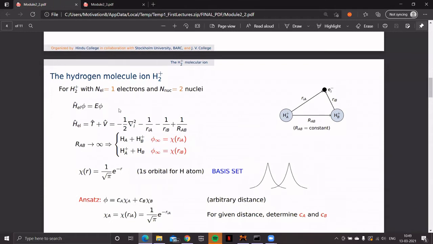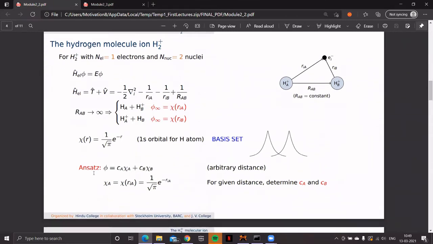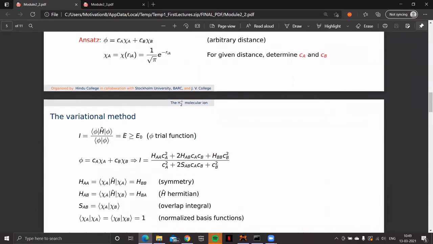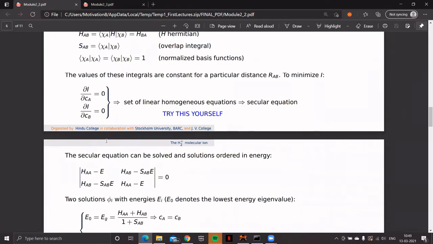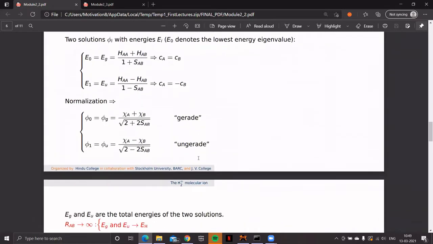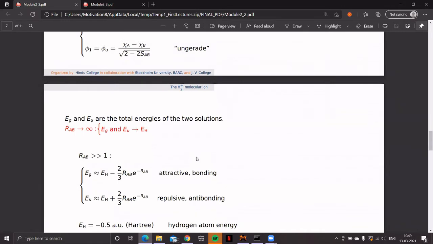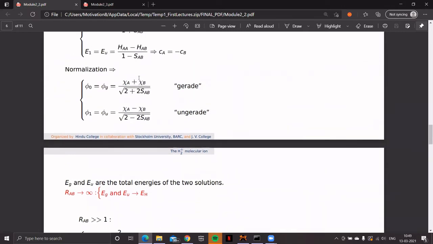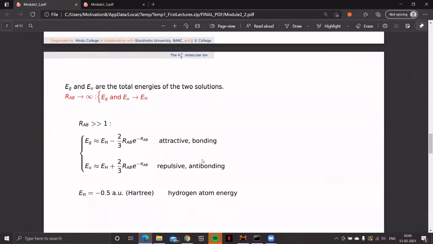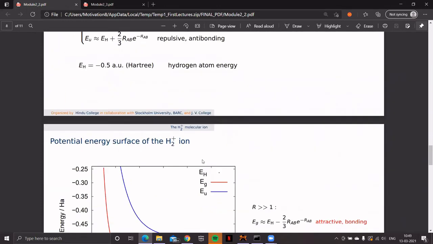And then the molecular orbitals were created by the linear combination of hydrogen 1s orbital. And using the variation principle, we got the ground state energy, and the ground state wave function is given by this particular expression, and its corresponding energy